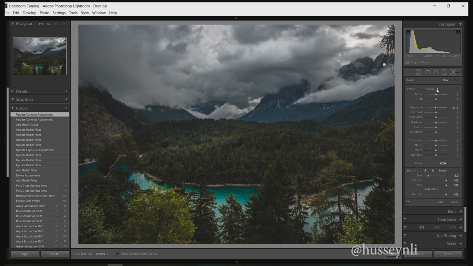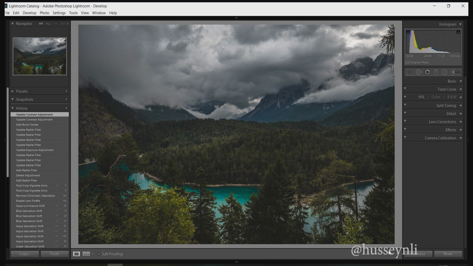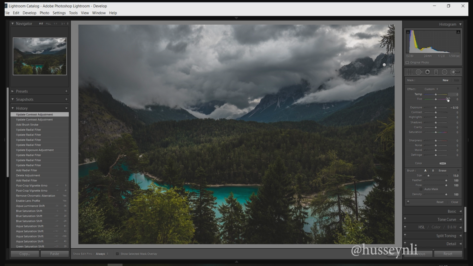And then there are, all right, now there are another couple of steps that I want to do with this brush, and that is giving some depth to this picture,